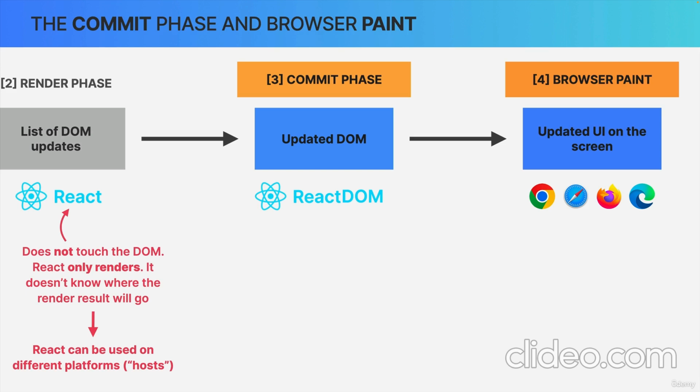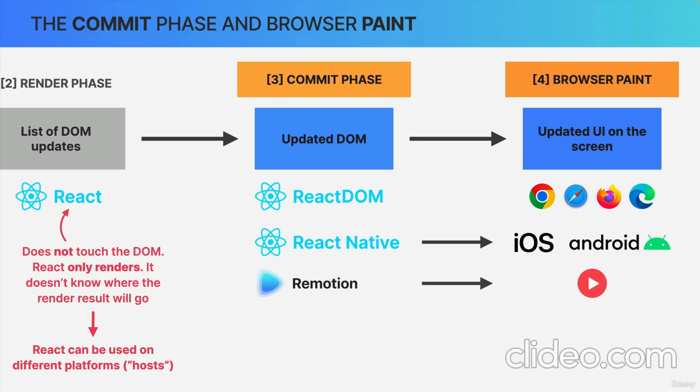But the truth is that React is used with other hosts as well. For example, we can build native mobile applications for iOS and Android using React Native. Or we can build videos with React using a package called Remotion. And we can even create all kinds of documents like Word or PDF documents, Figma designs, and many more using